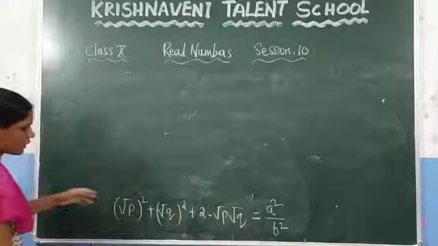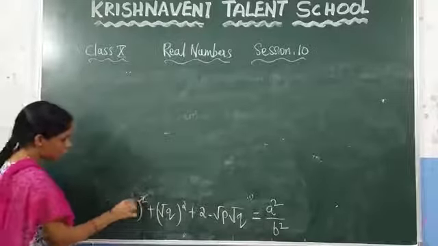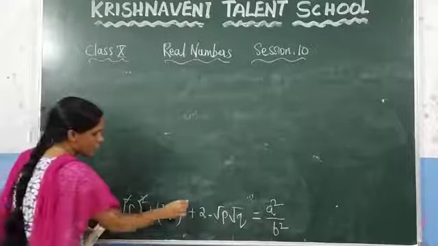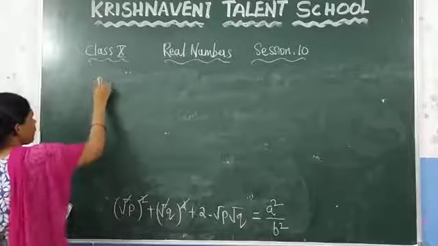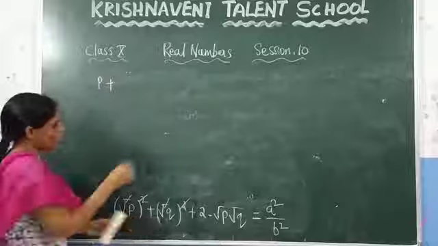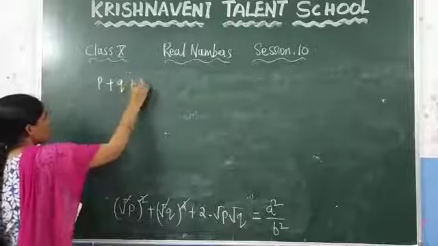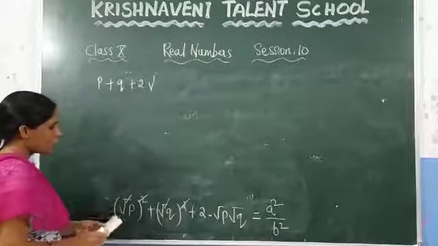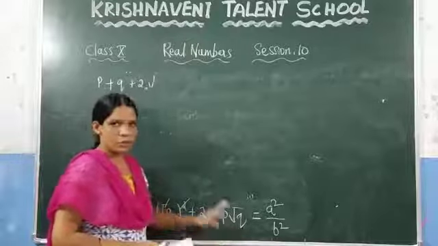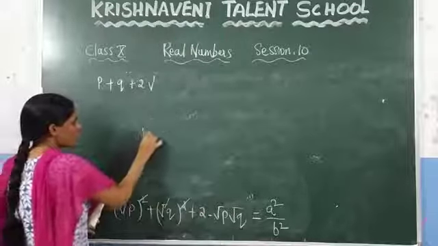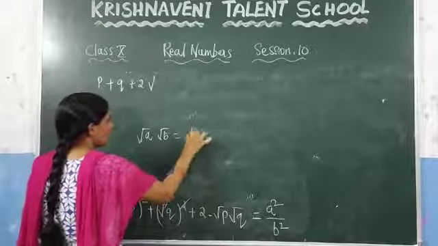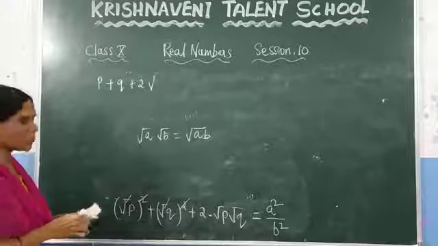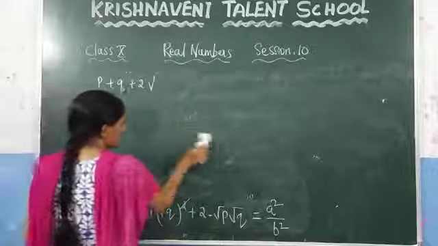So we got this one at last. Here you can observe that this square and this root will get cancelled. Here also this square and this root will get cancelled. What is the remaining left out? p. And here what is there? q, plus 2 into, here it is in the form of root a into root b. You know what is the value of root a into root b? Which is nothing but root ab. You already studied this in laws of exponents. So this one you can write as